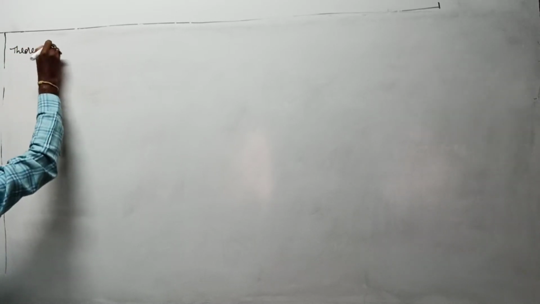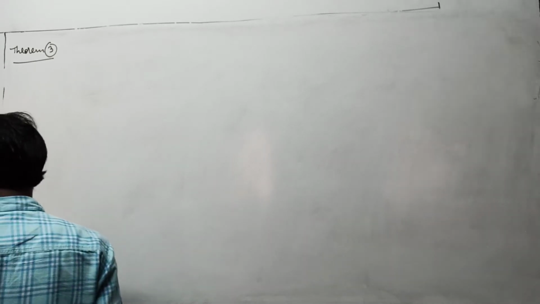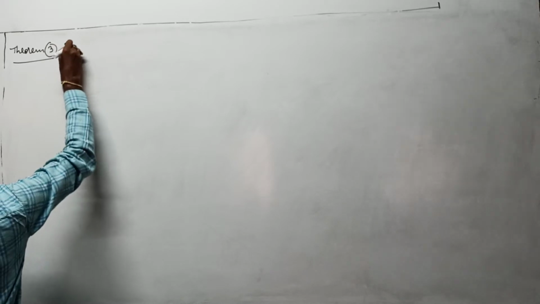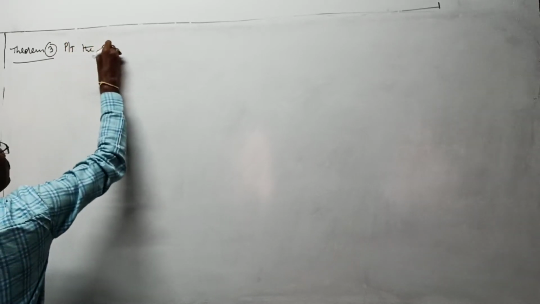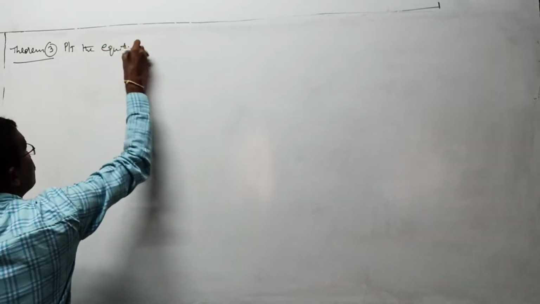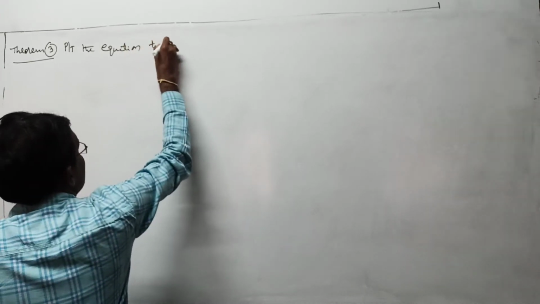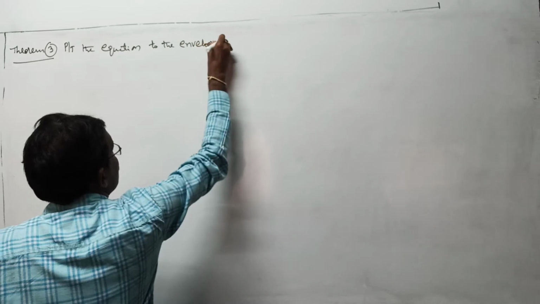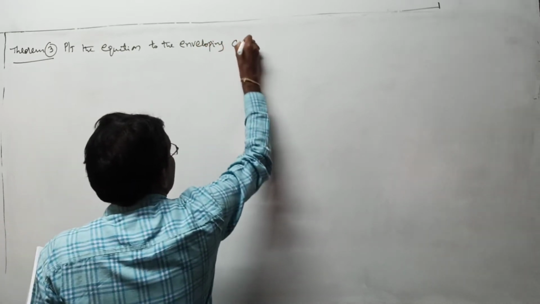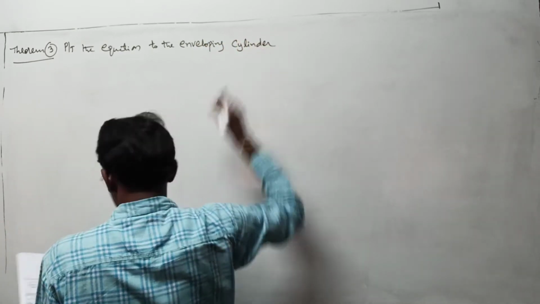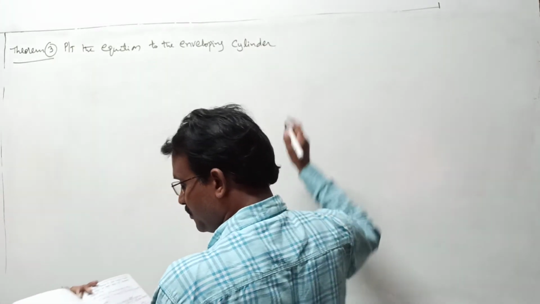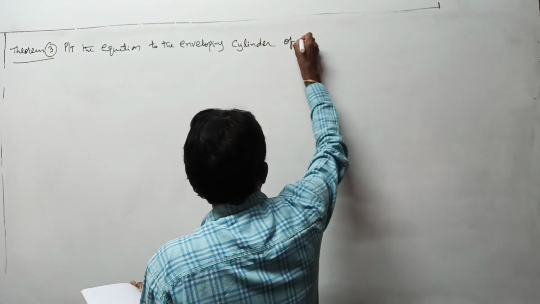It is the last theorem in this. The statement is, prove that the equation to the enveloping cylinder of the surface, surface means generally sphere,